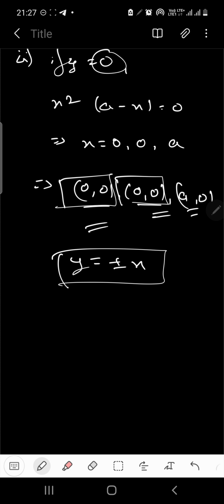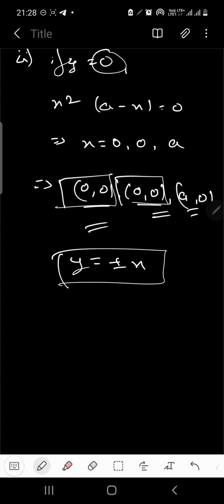So we need to equate the lowest degree terms of this particular equation, which we have already done. So we had got y equals plus or minus x. Clear? So we are going to get two different tangents at the origin, indicating that we are going to have a node at the origin. Clear? And these are the two tangents. I guess it's clear. Okay, so this part is done, I guess.